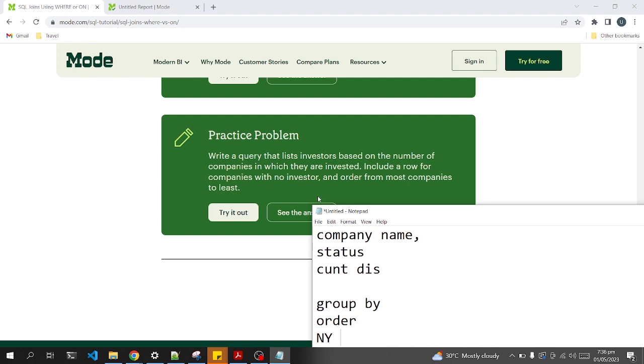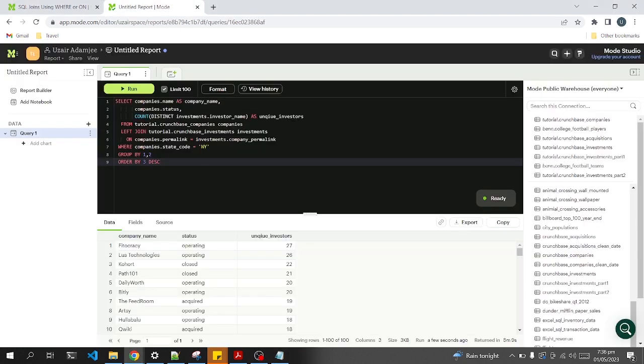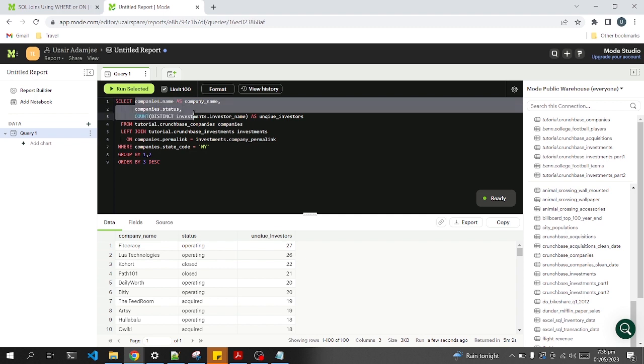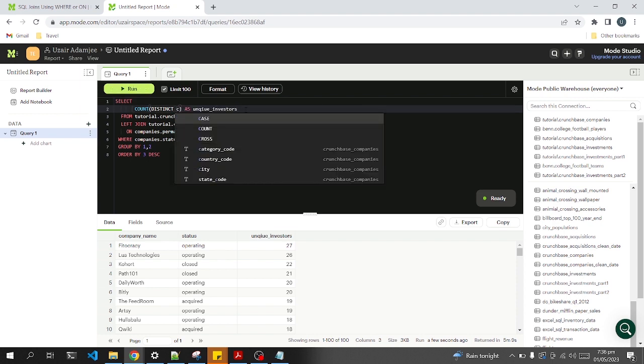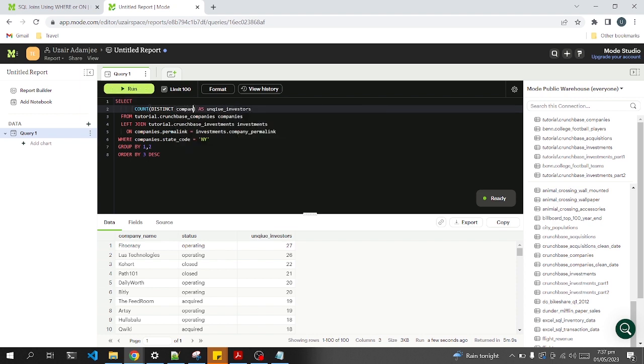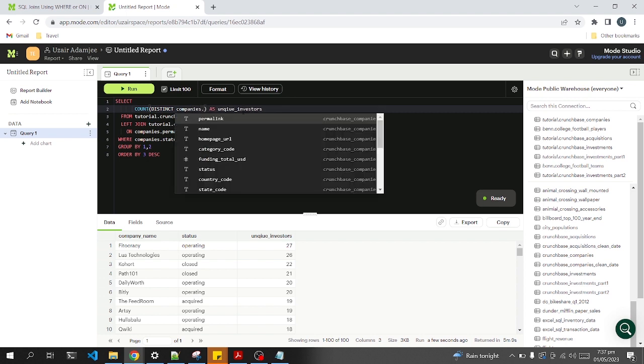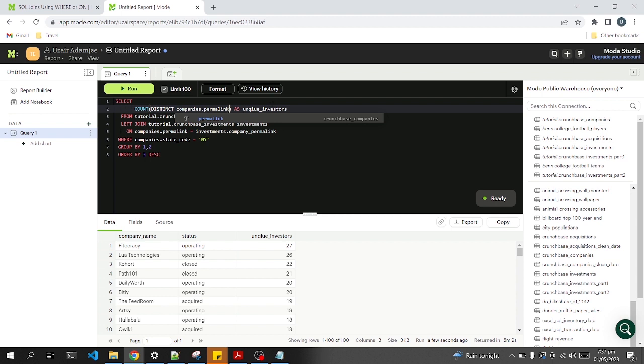We have to write some logic for it and order by from most companies to least. Okay, let's write it down. So we don't need this one. We need to get the count of companies dot permalink, unique investors,